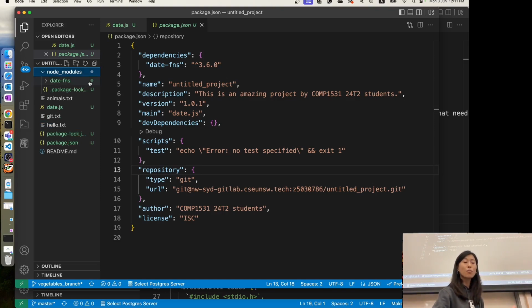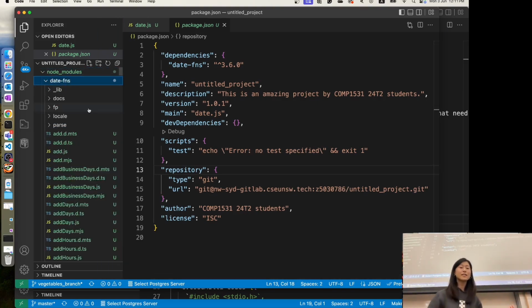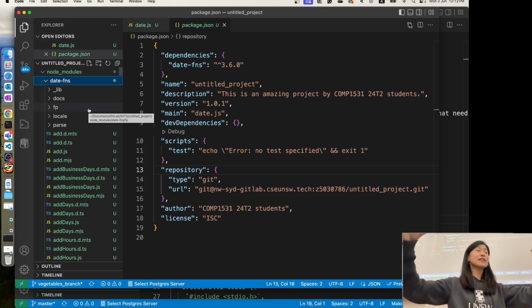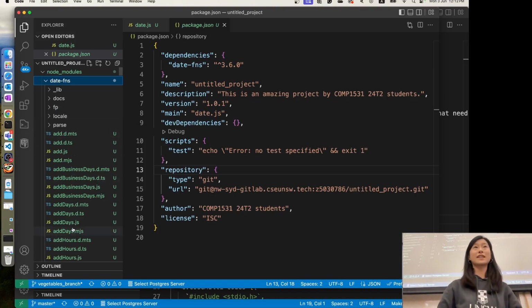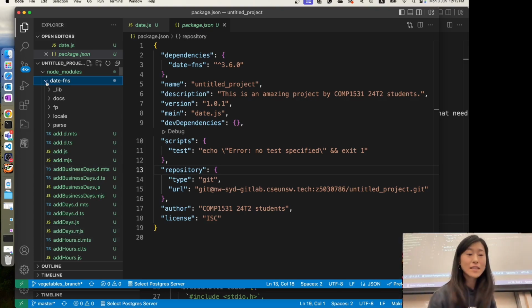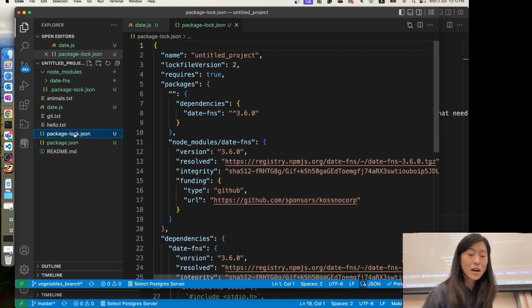So under this node module, you can see that there's a lot of code under this date functions. So these are added by our npm install date function. So now we have all these libraries in this project, so that we can use other people's code directly. We can call the functions of date functions. Yeah. So this is the package, the node modules, and there's another one called